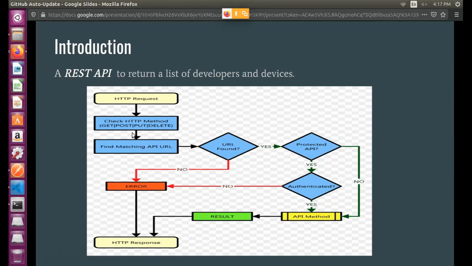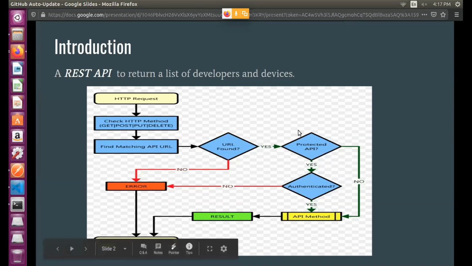The application checks what kind of request it is. If it is a GET request, it would see the kind of URL it is. Then it will see whether the requested URL is a protected URL, that is, whether it requires authentication or not.